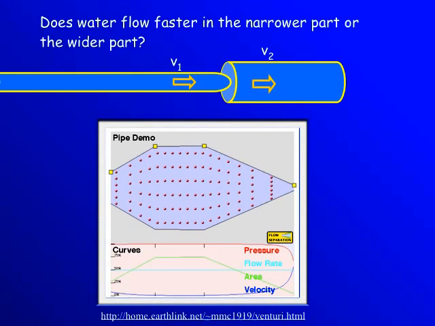An analogy we can think about is you want to have cars on a highway, but the cars aren't allowed to have traffic jams. So if the highway starts to narrow, lanes start to disappear. To prevent a traffic jam, the cars have to speed up when they enter the narrow part of the highway.